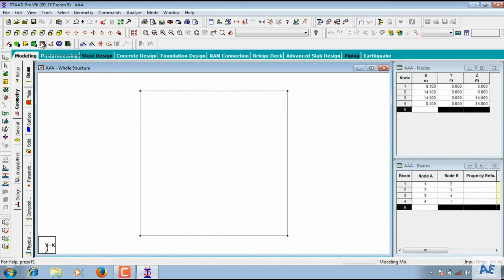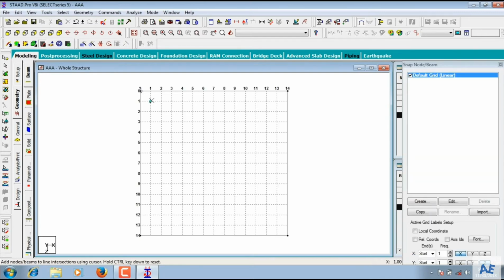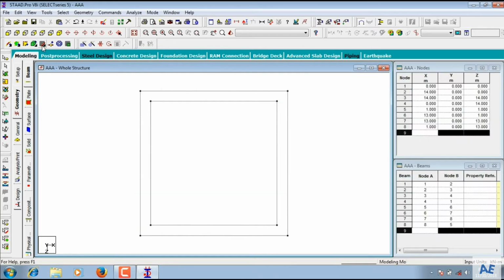Click on snap node beam command again. Select your next beam, 13. Again click on snap node beam.